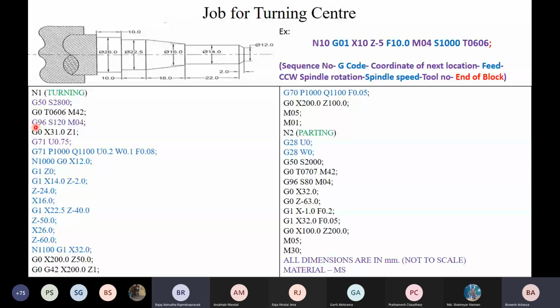See, G codes and M codes are different. If you go to that slide, the definitions are different and their operations are also different. M codes, sometimes we write for spindle motion, clockwise or counterclockwise, chuck clamp, chuck unclamp, coolant on off, program end, or all those things. But a G code is basically